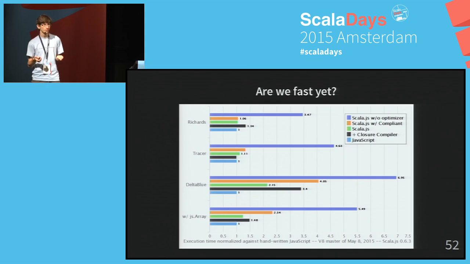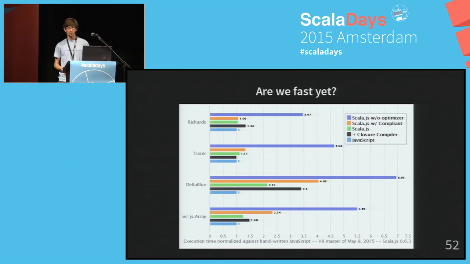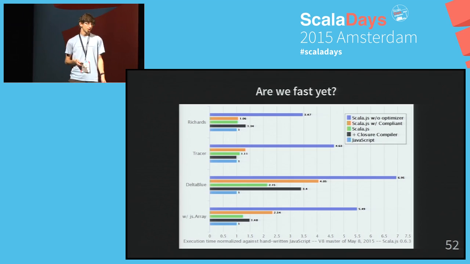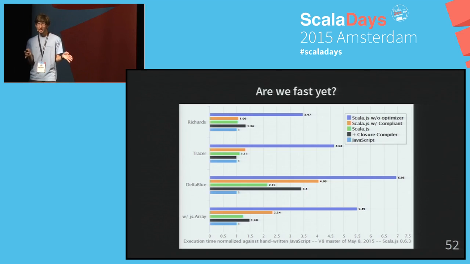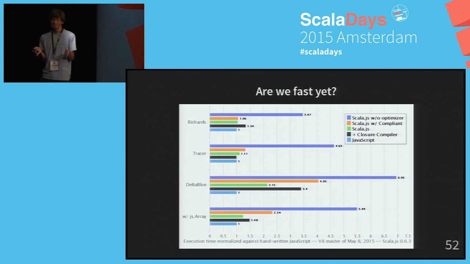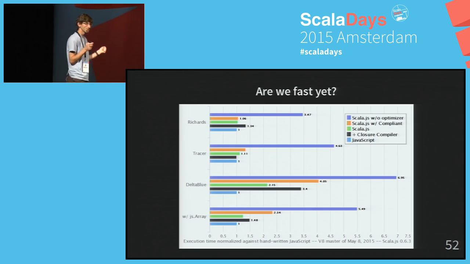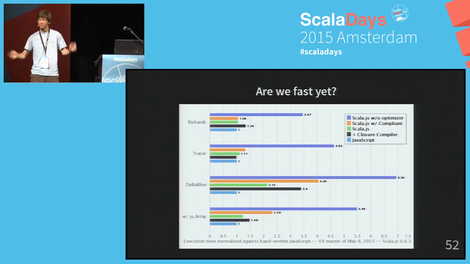And just to give you an idea of how much these optimizations that I talked about earlier are worth, well, look at the other blue bar, the dark blue. This is if you don't run the optimizer. So the optimizer of Scala.js is really good. It gives you from 3 to 5 or 6x improvements over the code. And since Scala.js appears to be somehow from 5 to 10x slower than Scala JVM, it might be that you could craft a particular benchmark on which Scala.js would actually beat Scala JVM. I haven't done so yet, but I'm pretty confident I can manage to do one. But it would be crafted. It would not be a mega benchmark or so.